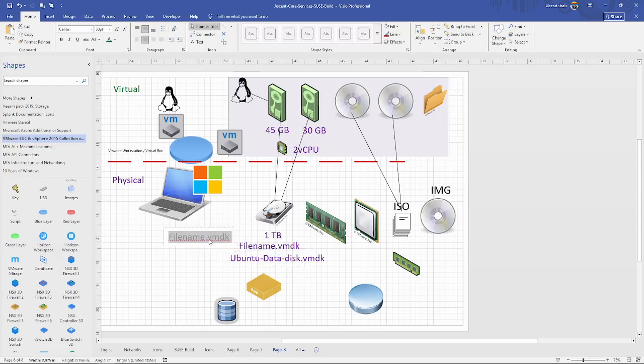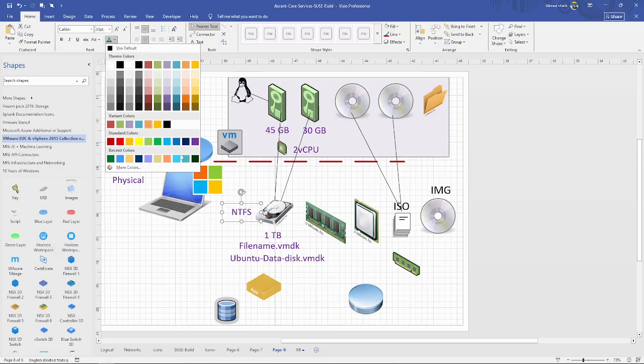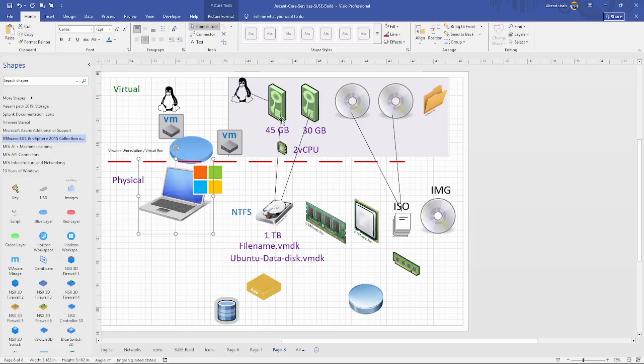Here your disk will be in NTFS. This is the format of the file system which Windows will understand to read and write. I will make all Windows as blue. For Linux, you need to have a Linux partition, so then only it will understand. ext4, or